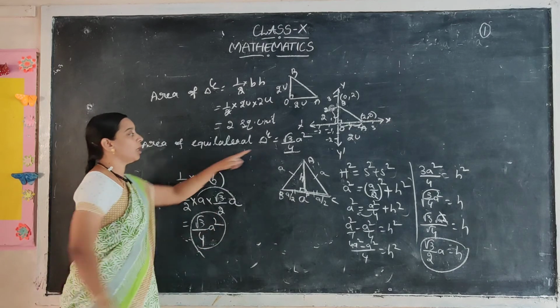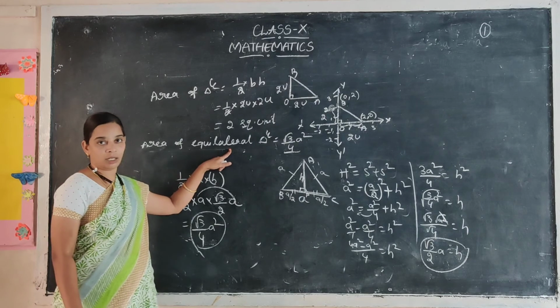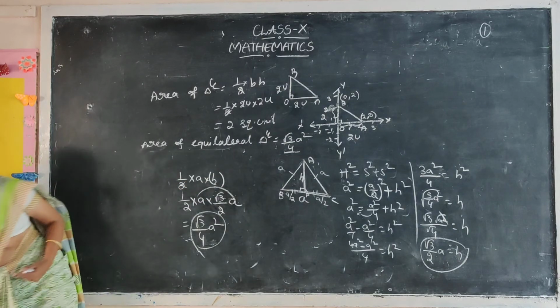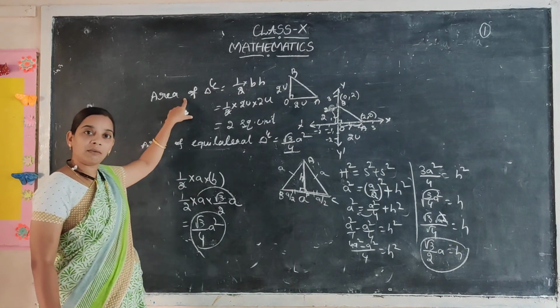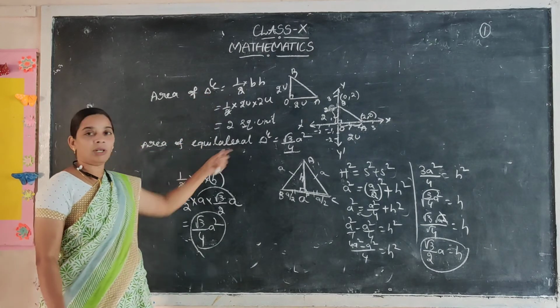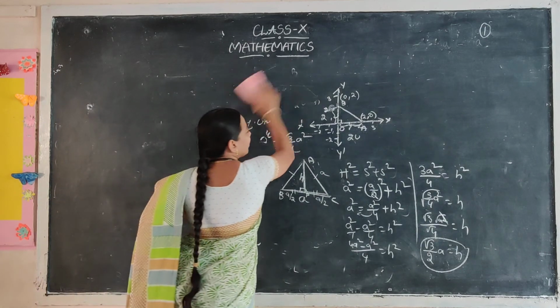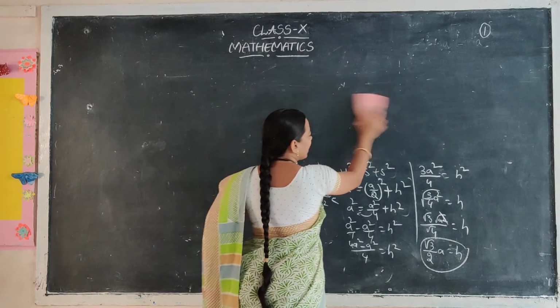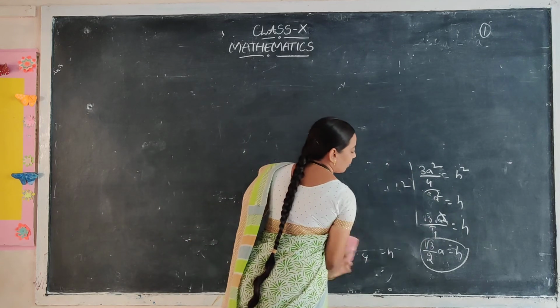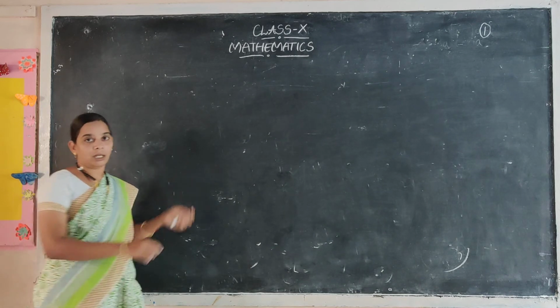Now this is the formula to find the area of an equilateral triangle. So these two are the area of triangles. This is the area of a triangle. What type of triangle? Right angle triangle. This is an equilateral triangle. And in the same way, by observing all these, the lengths of sides, the base and the heights of sides are known, then we have to use this type of formulas.